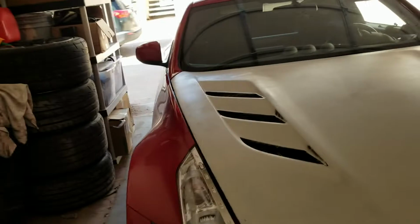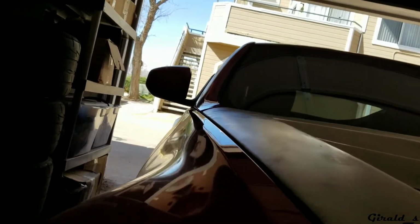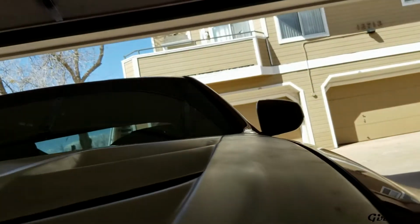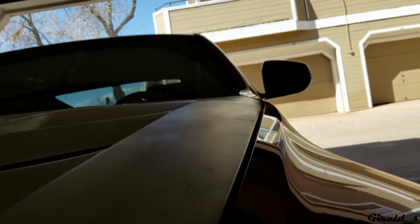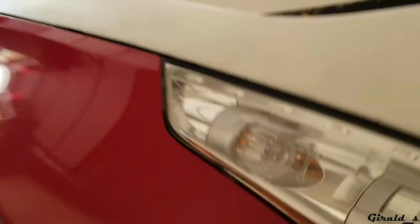Back at it. So I put those shims on. You can see where it's fairly smooth now on those joints. Now I think when it comes to the hood part, it's just a matter of it being not a perfect fit,